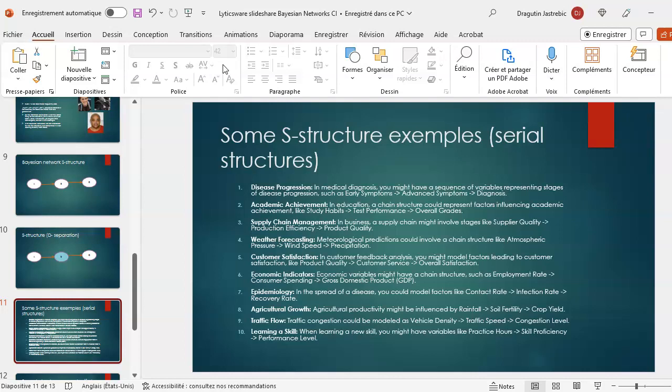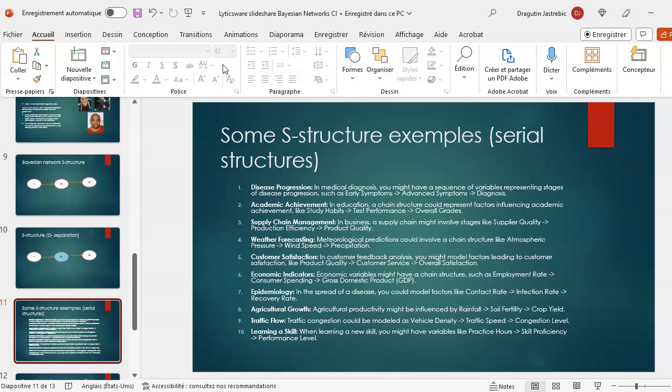Supply chain management. In business, a supply chain might involve stages like supplier quality, production efficiency, and product quality. Weather forecasting. Meteorological prediction could involve a chain structure like atmospheric pressure, wind speed, and precipitation. Customer satisfaction. In customer feedback analysis, you might model factors leading to customer satisfaction, like product quality, customer service, and